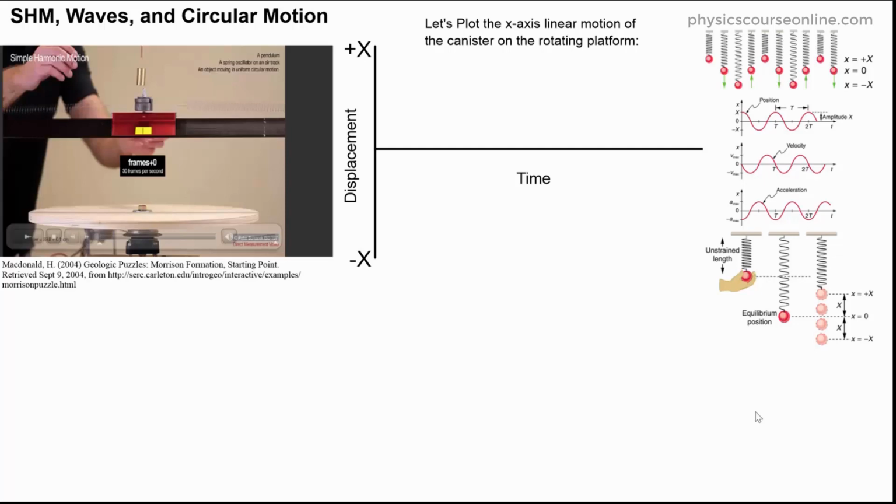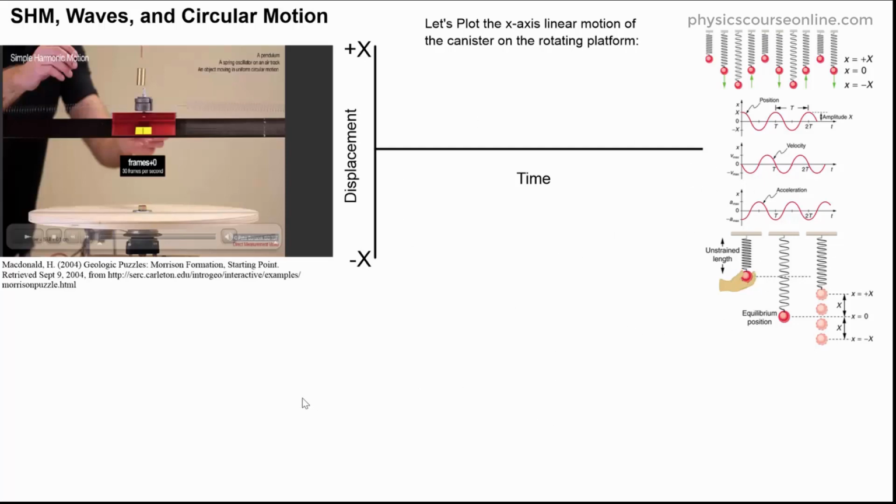In this video, I'm going to bridge the gap between simple harmonic motion and circular motion, and then subsequently waves. And this is where I think it starts getting kind of cool. We've got this mathematical model that we're going to develop, and it should make sense. There's not a lot on this screen, but I'm going to try to spend a lot of time explaining